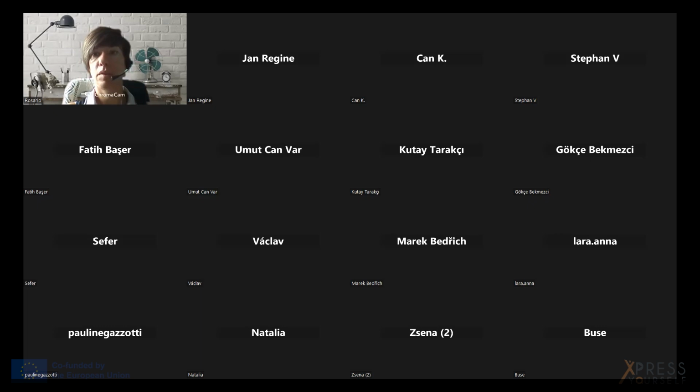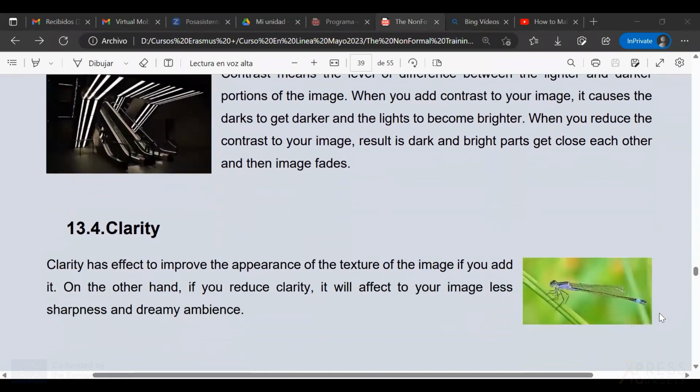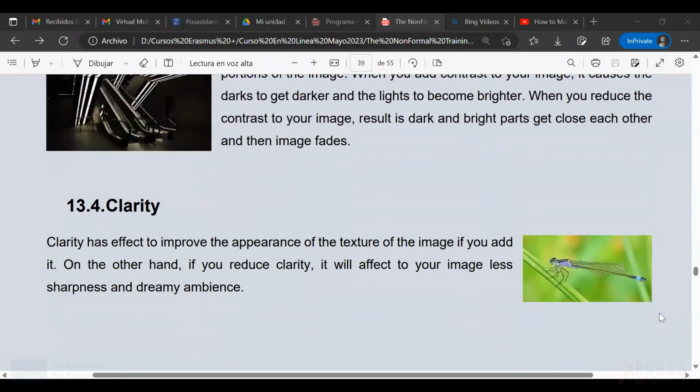Now back to the presentation. Then we have clarity. It helps improve the appearance and it helps clarify the texture of the image when you are adding clarity.